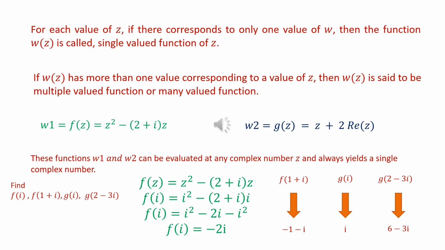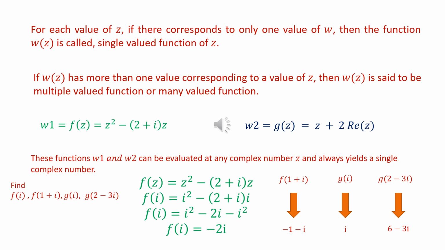So these functions w1 and w2 can be evaluated at any complex number z, and which always yields a single complex number. Now let us find, by substituting different values for z on these two functions f of z and g of z, f of i, f of 1 plus i, g of i, and g of